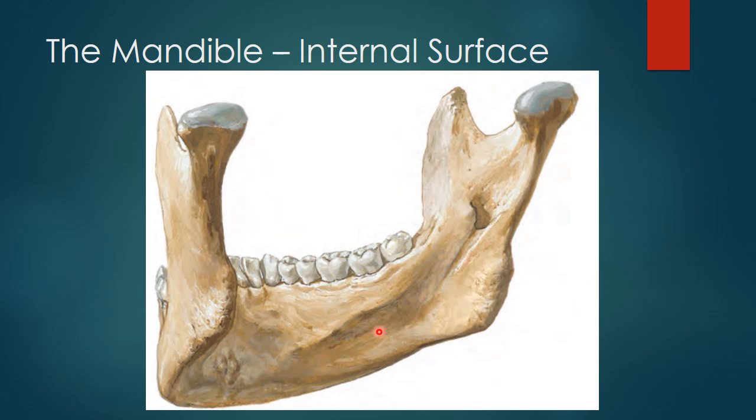This is called the submandibular fossa. This is a smooth, oblong depression located toward the center of the body of the mandible between the mylohyoid line and the inferior border of the mandible. It continues back on the medial surface of the ramus. The submandibular gland lies within this fossa.